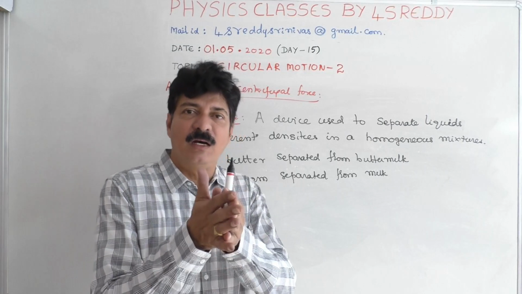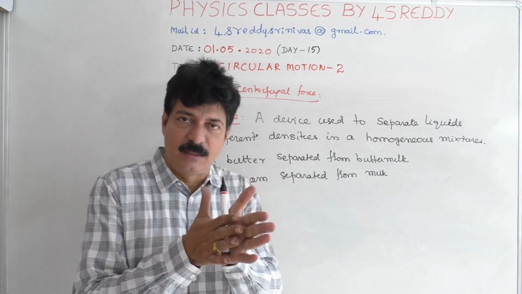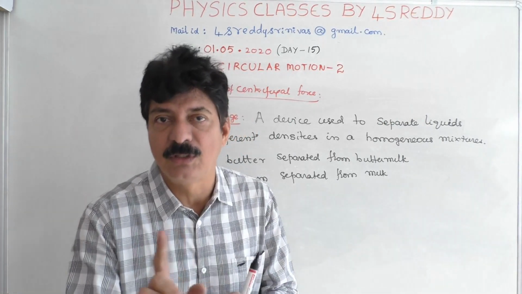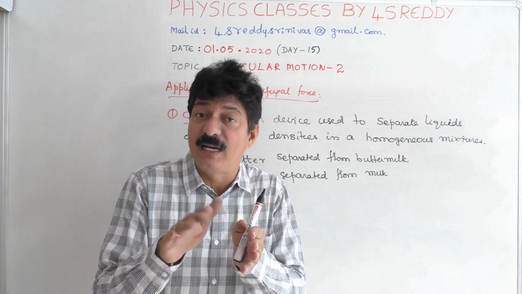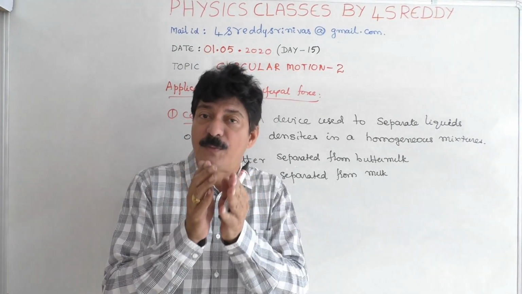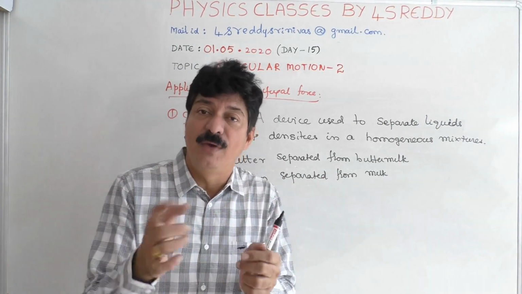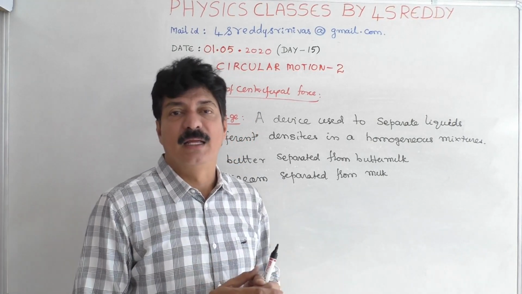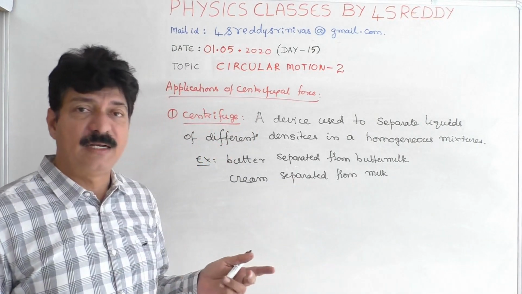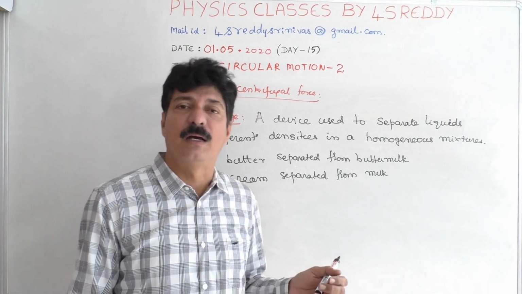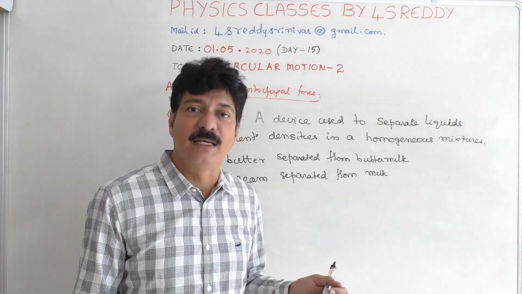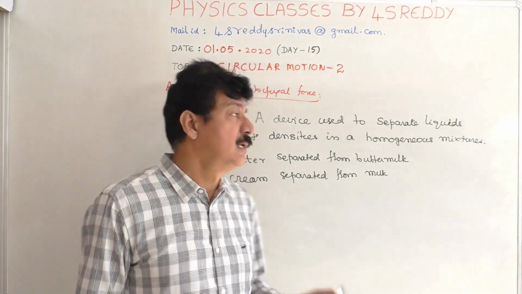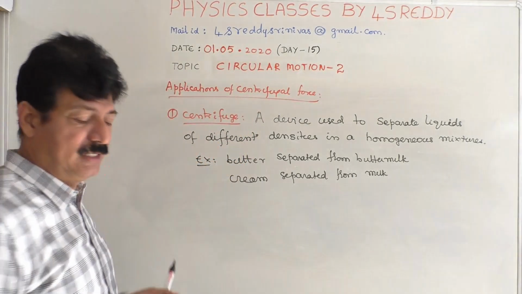That is, whenever a homogeneous mixture is subjected to uniform circular motion, all the particles come into uniform circular motion. The particles having lesser density move in circles of smaller radius and stick to the axis of rotation, whereas the denser particles are thrown away from the axis of rotation, and thereby the butter is separated from buttermilk, or cream is separated from the milk, or otherwise the solute is separated from a solvent of a homogeneous mixture. This is one important thing.